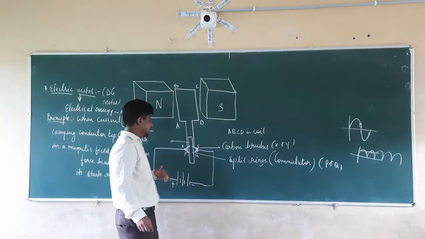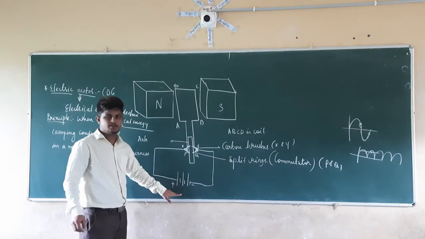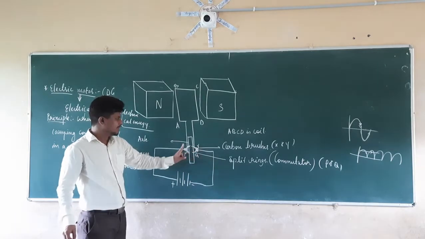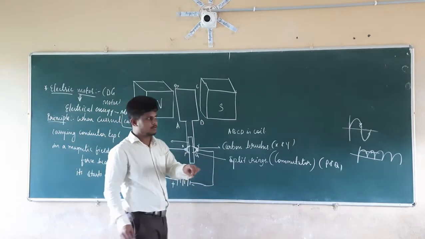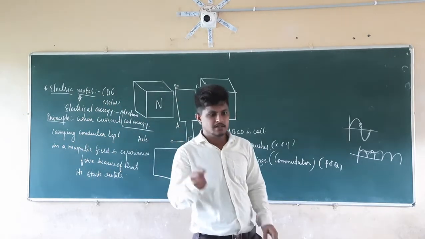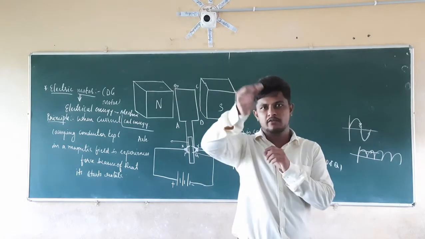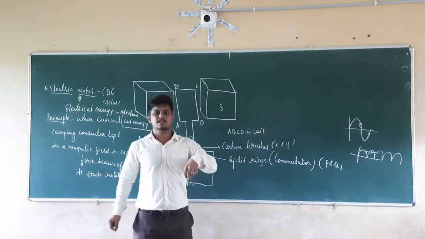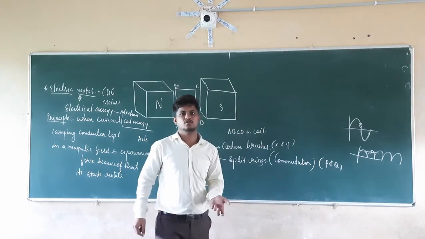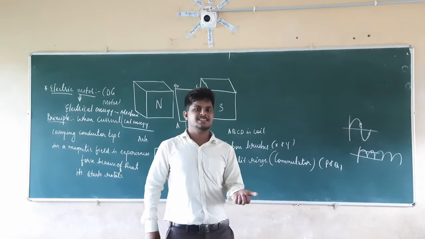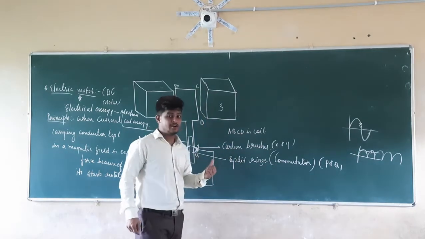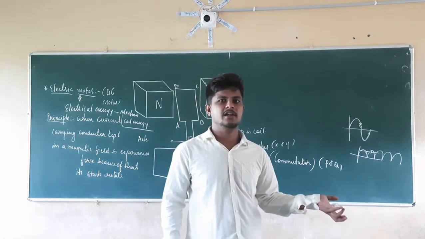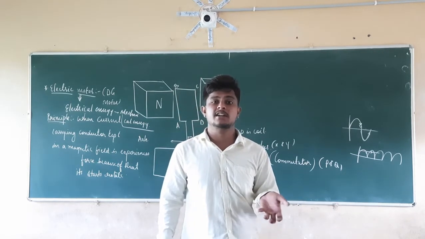Right, next what we have here, we have a battery connection to the conductor, which is connected to the carbon brushes. Here this is the carbon brush. The brush is like the toothpaste brush you see. On the front surface of the toothpaste we have the brush, right? In the same manner here is also a brush, but those brushes are made from carbon. Not the carbon, but the graphite. Graphite is a good conductor of electricity.